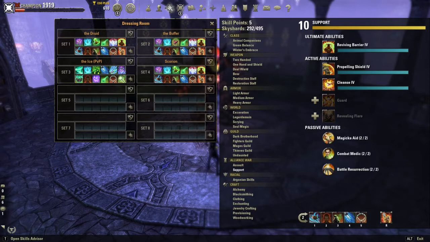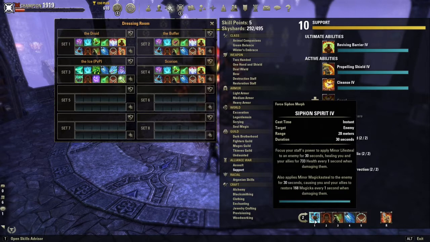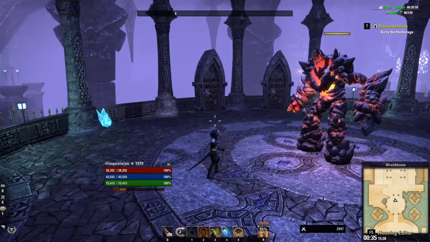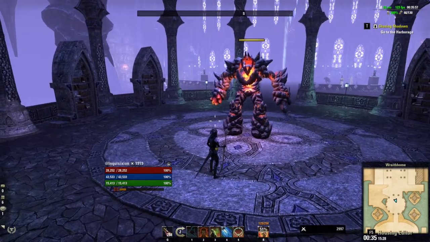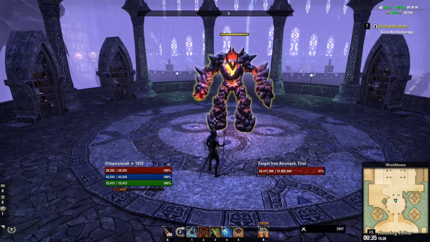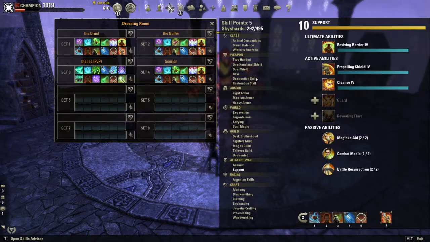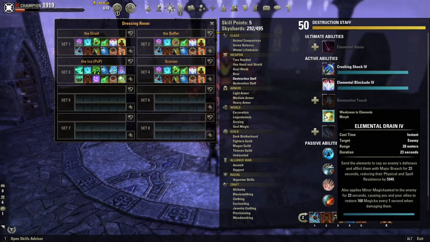On the back bar, we have Siphon Spirits. Basically, healers are the buffers of the group. You are here to provide your group with synergies, resources, and healing. Now, usually healers run this Elemental Drain,